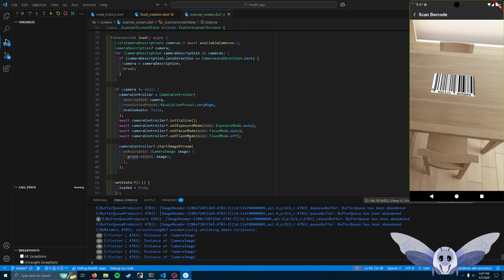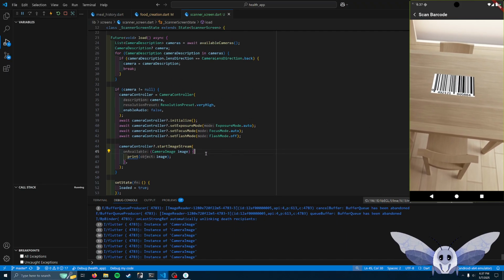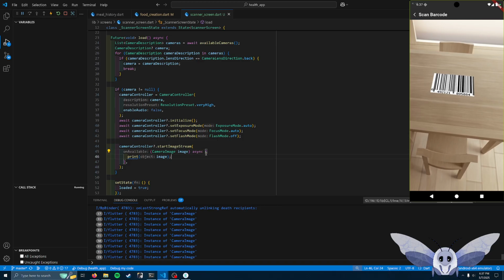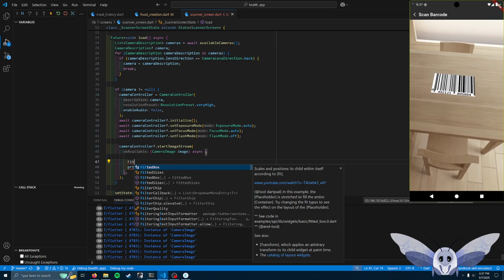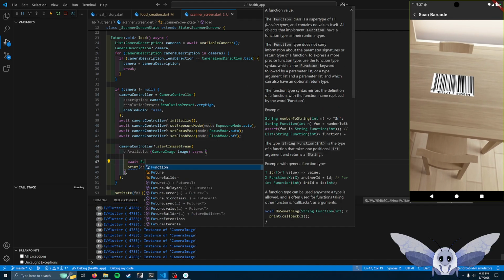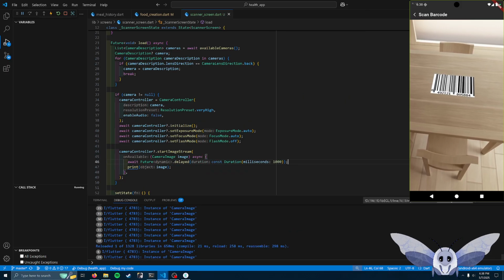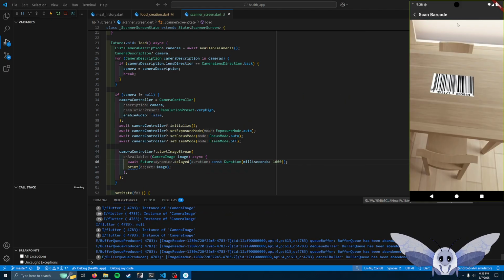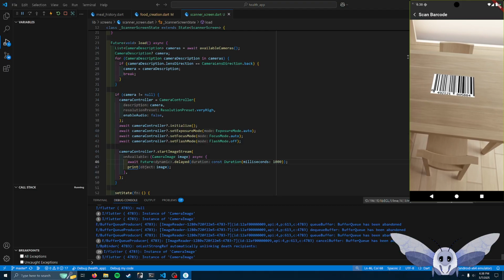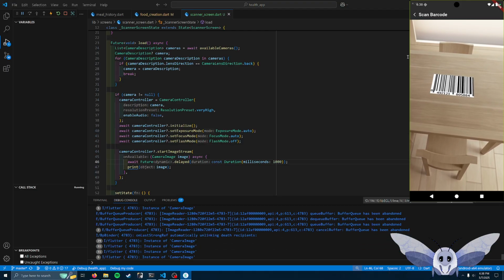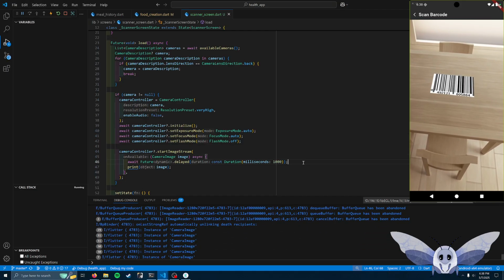Okay, now we're capturing our camera very rapidly. Let's do a quick test where we double check. Okay, yeah, so we need to